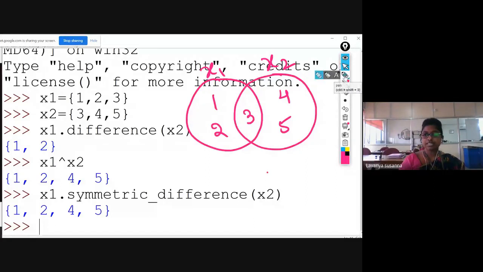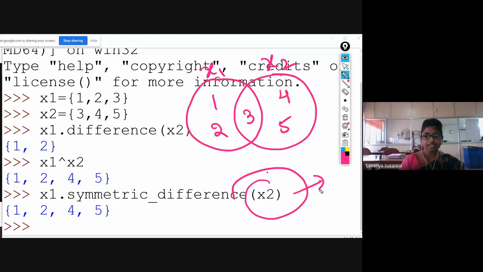Now, in symmetric difference, you cannot pass strings or integers. In the previous functions, you can pass them. Like union, you can pass a string or a tuple as an argument. In intersection also, you can pass it. In difference also, you can pass it as an argument.